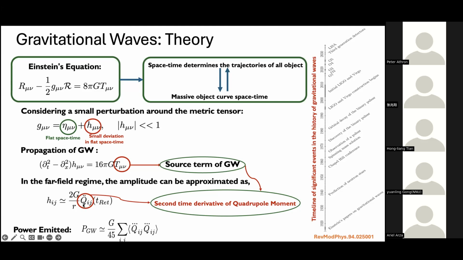That means one cannot generate gravitational waves with a static object, so there should be a movement. Now, the power emitted from the gravitational wave signal can again be written in the following manner. So this was a little bit of theory that I wanted to discuss before going into the detail of how gravitational waves are actually generated from different sources.